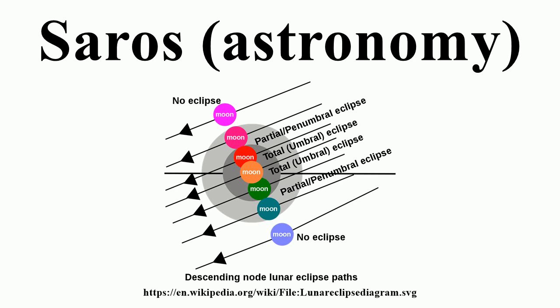Example: as an example of a single Saros series, this table gives the dates of some of the 72 lunar eclipses for Saros series 131. This eclipse series began in AD 1427 with a partial eclipse at the southern edge of the Earth's shadow when the Moon was close to its descending node. In each successive Saros, the Moon's orbital path is shifted northward with respect to the Earth's shadow, with the first total eclipse occurring in 1950. For the following 252 years, total eclipses occur, with the central eclipse in 2078.